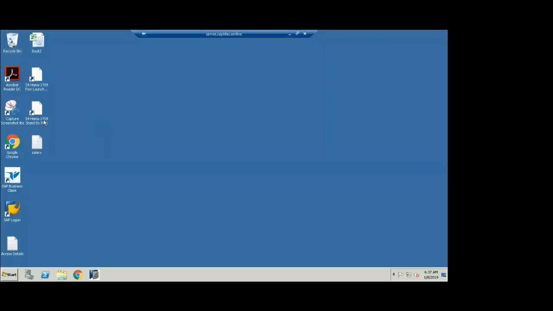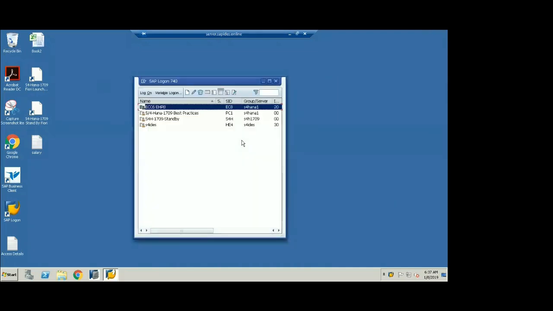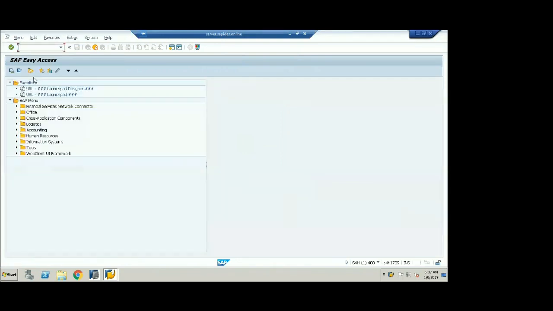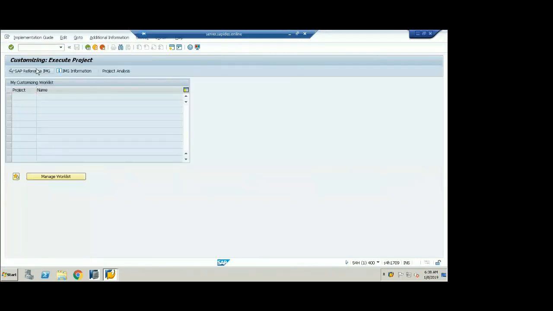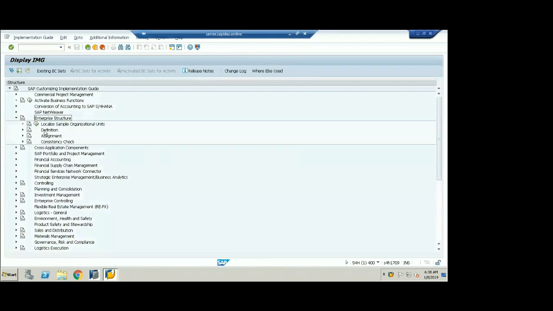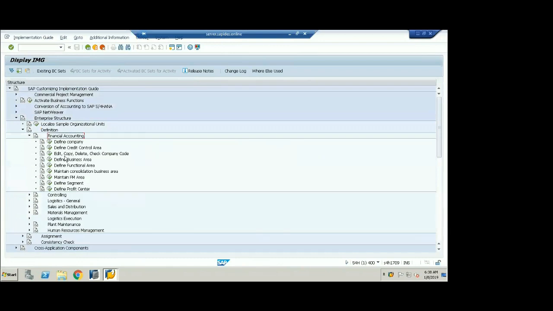Now, if I go into SAP, SPRO, IMG, the enterprise structure, in the definition, financial accounting, you are creating one company code: edit, copy, delete, check company code.